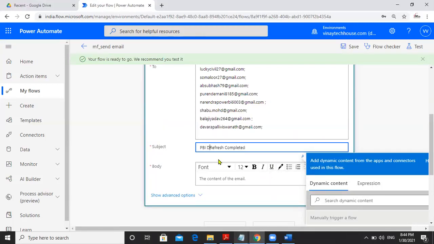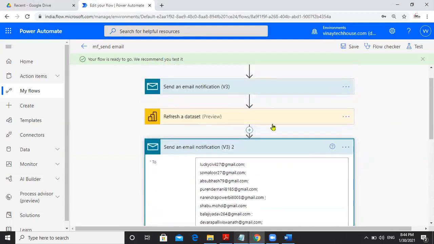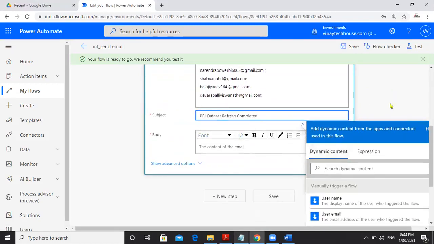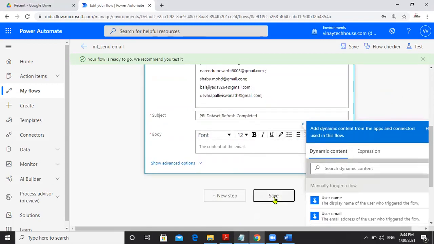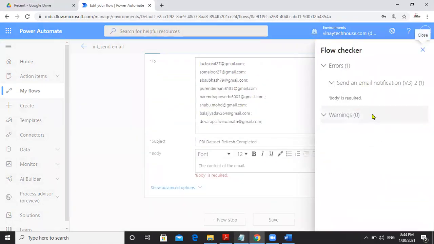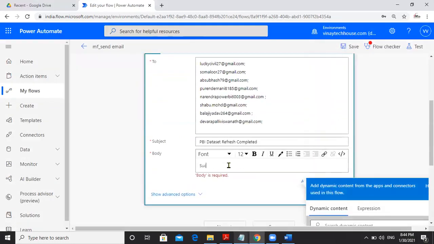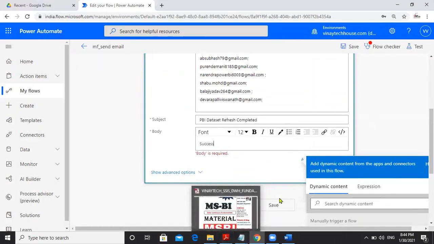Power BI dataset refresh completed. In case you guys want to practice the same, no worries in that. As I have given the credentials, follow the same process to do that. Whatever is selected in the refresh dataset, follow the same. Email. This is okay. Save it. This body is required. Success.